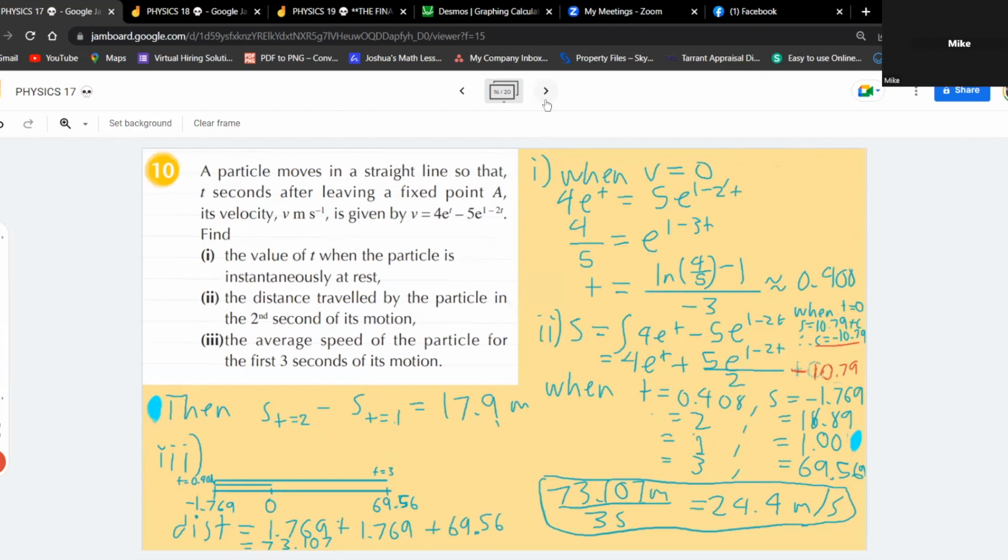So that T seconds after leaving, e to the t minus 5 e to the 1 minus 2t. Yung question. Tama yung is 5 e to the 1 minus 2t. Okay. Or because instantaneously at rest when